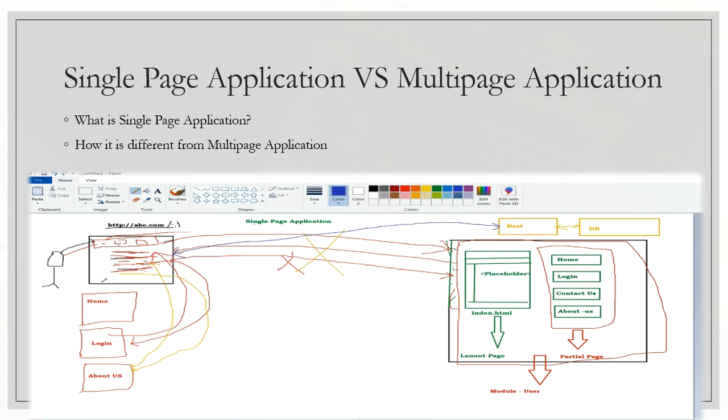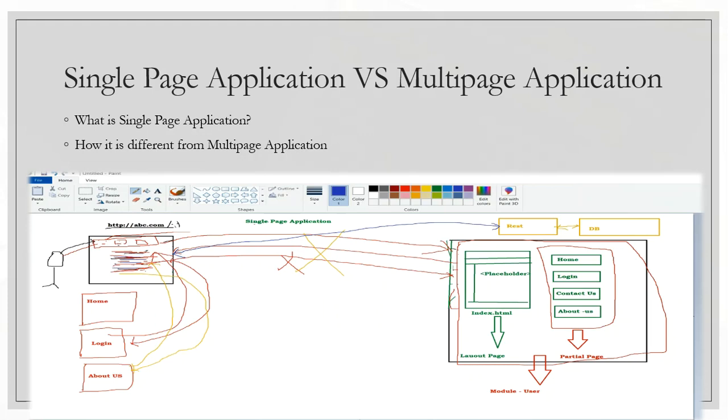Suppose we have a page like the user list. In case we need a user list stored in the database, we are going to request our API to get the data from the database. Now, instead of loading the complete page, because in the response we are not getting the complete user list page again, we are just going to receive the data. So we just need to render the data here in the user list.